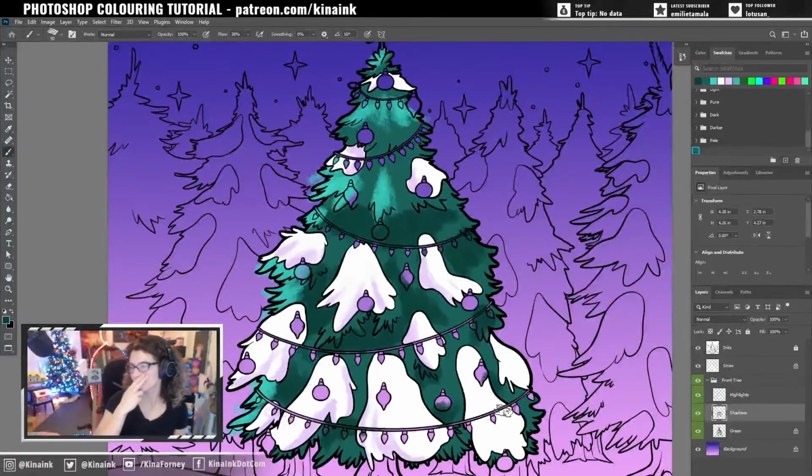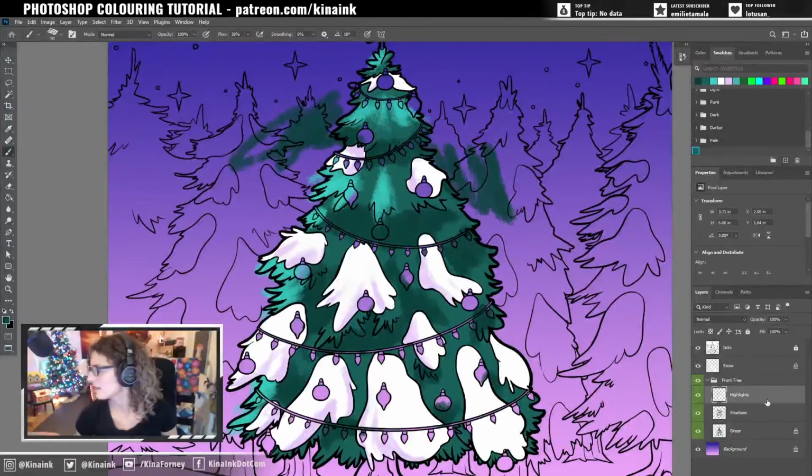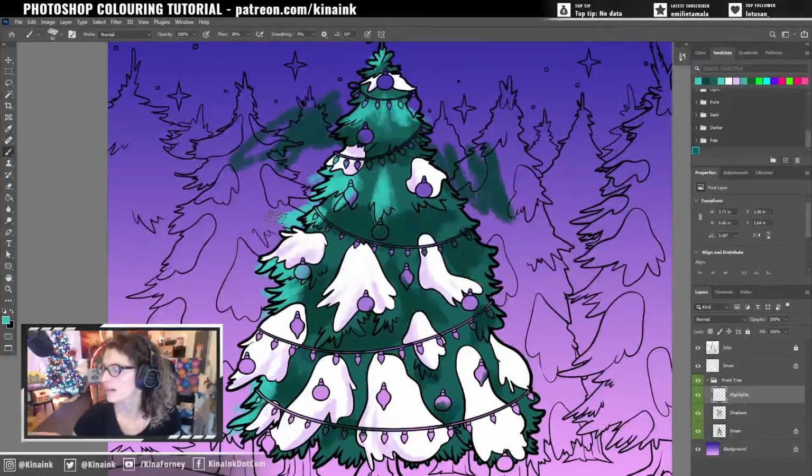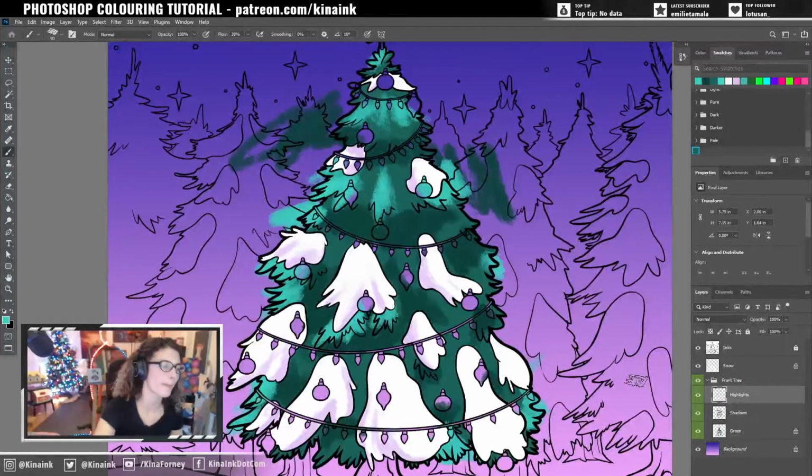Okay. So let me just get a few shadows in there. I'll be messy about it too, just to prove my point. So I added some stuff in the shadows layer, and I was really messy on my highlight layer. I'm like, okay. But we took so much care and attention to make our base green, and that work will not go unnoticed. So what we do now,